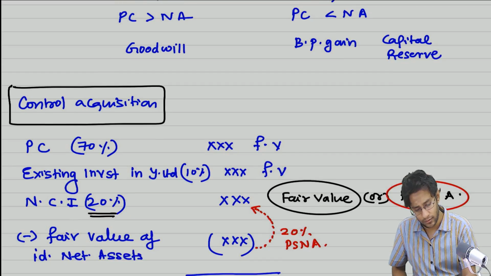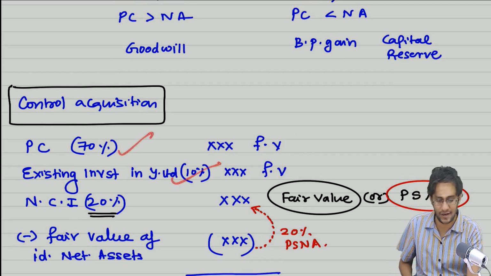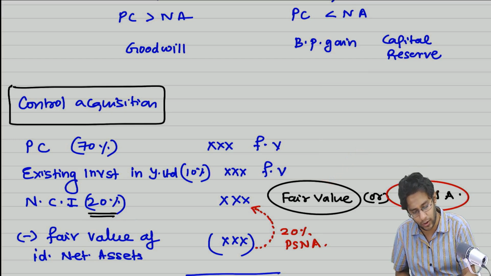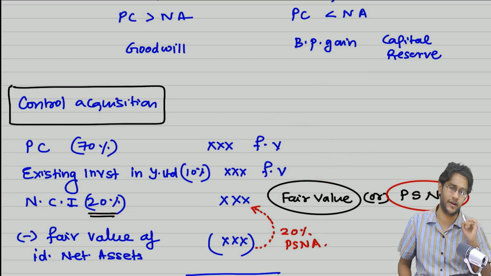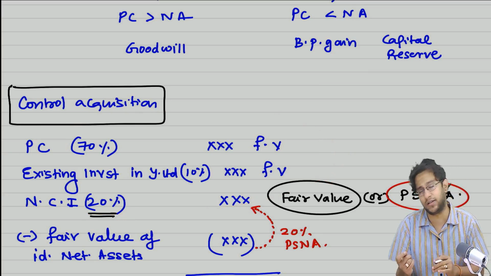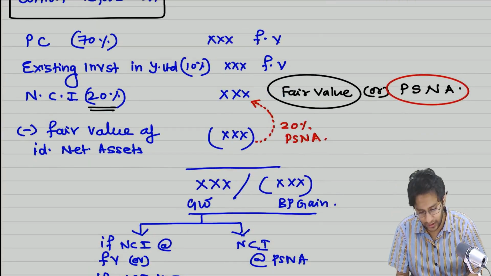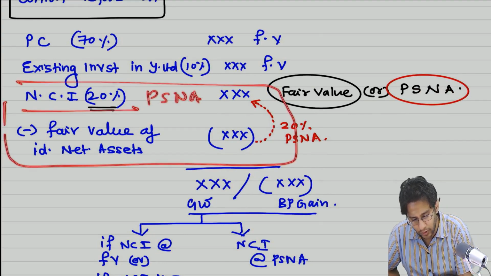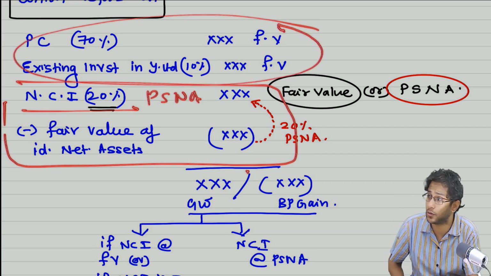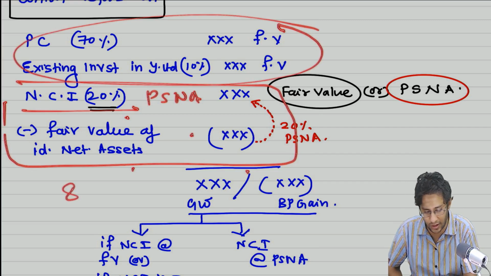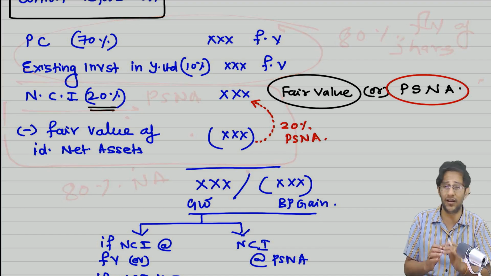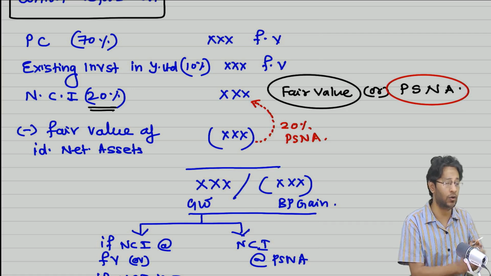Or 70%, plus 10% you are holding, that is 80%, this is anyway to be considered at fair value. The 20% shares, even though you are not holding, still if you select the fair value choice, then what is happening? The entire 100% shares' fair value you are considering, comparing that with 100% net assets. Therefore, the goodwill is still a full goodwill. But in case you do this NCI at PSNA, in that case, this NCI is not at fair value, only these two are fair value of shares. These two, the NCI and the net assets put together, effectively is only 80% net assets compared with 80% fair value of the shares in the subsidiary. So the resulting goodwill is not the full goodwill of the subsidiary. It is the goodwill of the subsidiary only to the extent it relates to the parent company's share.